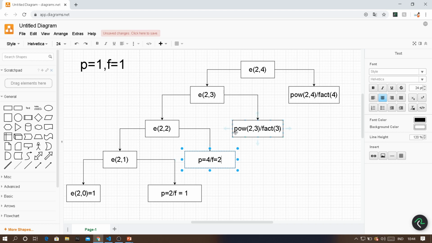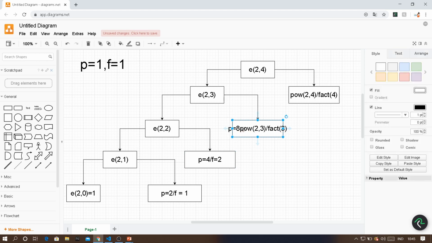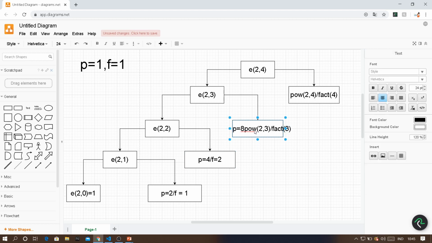Okay, it's looking fine. Now you want to find power of 2 comma 3. How? Instead of calling the power function and instead of calling the factorial function, we'll be introducing p equal to p multiplied by 2. What is p equal to p multiplied by 2? Already the p value is 4. So 4 multiplied by 2 will be equal to 8. I think power of 2 comma 3 is 8. So instead of calling power of 2 comma 3, you can take the previous p value and multiply it with 2. You will be getting the present power x comma n that you wanted. Okay. So now we got the power value. So we can just get rid of this power function now.